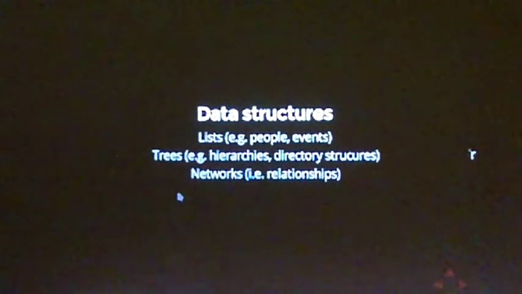And then networks are one of the hot ones at the moment, which is all your social networks. So connections: people, and how they're connected. There are a lot of people out there trying to map Twitter and networks, all that kind of stuff, and I still don't think there's a